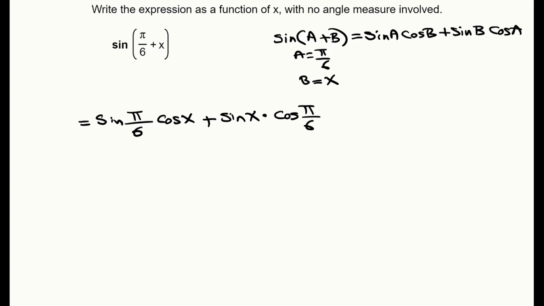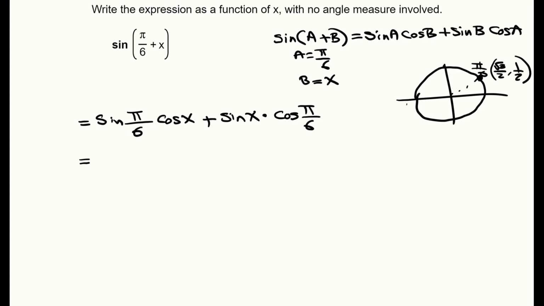Okay, so pi over 6 we know is basically a 30-degree angle. We can either go to the unit circle or we can go to a triangle. Most of the time we'll just go to our unit circle. We know pi over 6 is right around there, and we know that the values for it are going to be square root of 3 over 2 and 1/2. So sine is the y value, of course, so we get 1/2